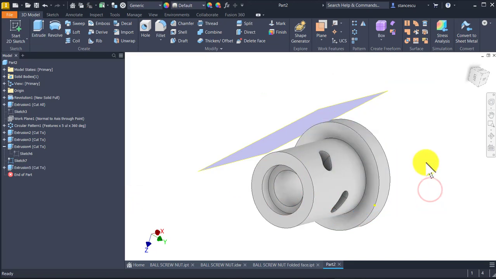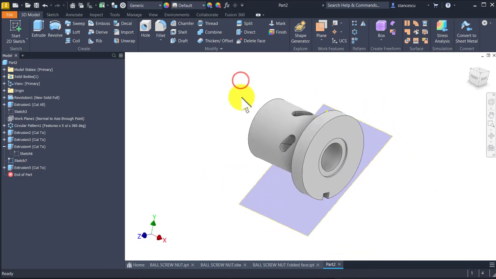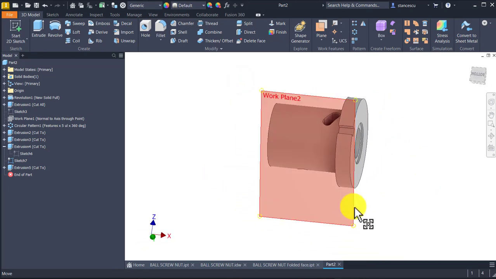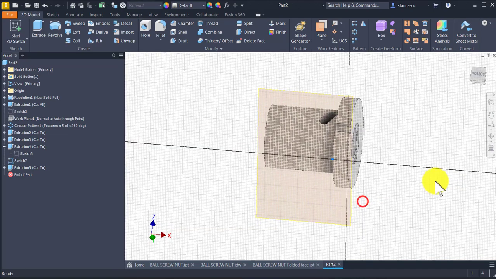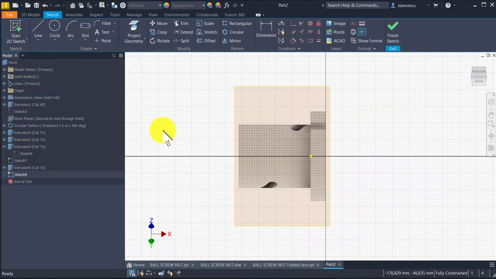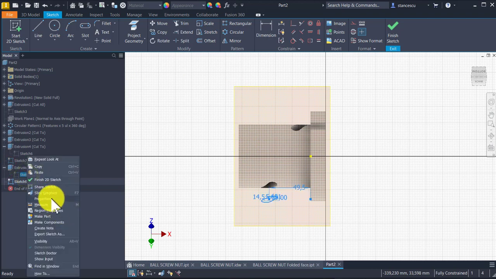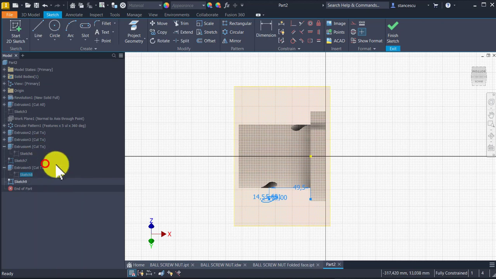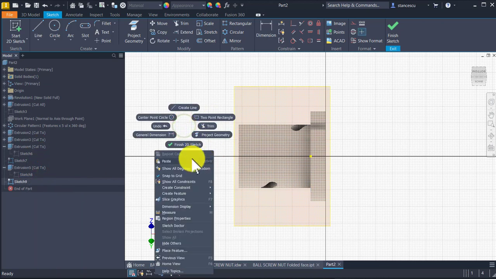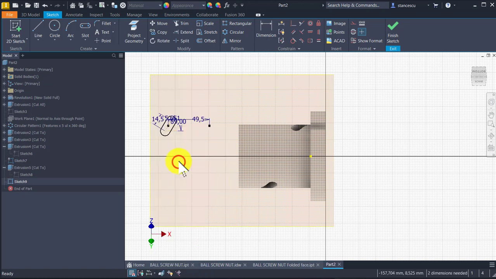Okay, hide the last triangle plane, and we go to the last slot, which is obtained by using the previous sketch. Copy, paste, coincident the 2 points,